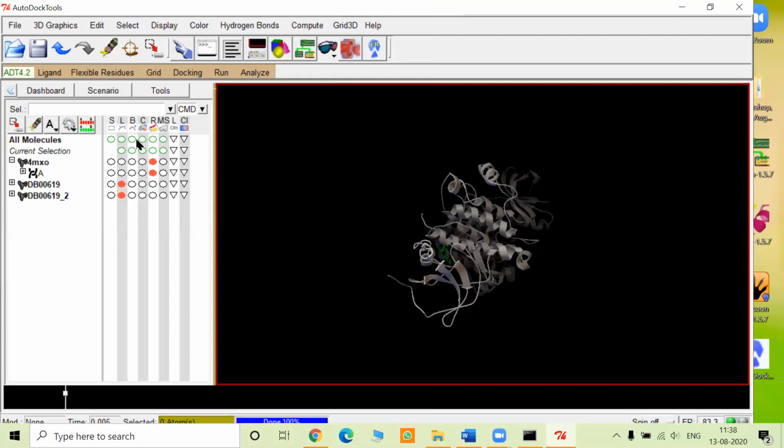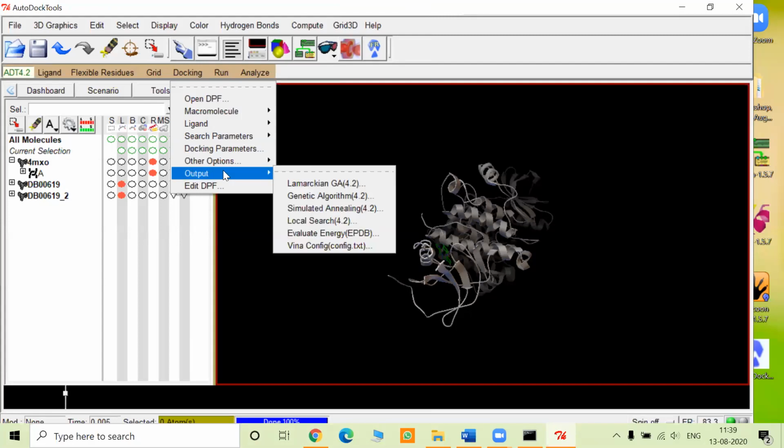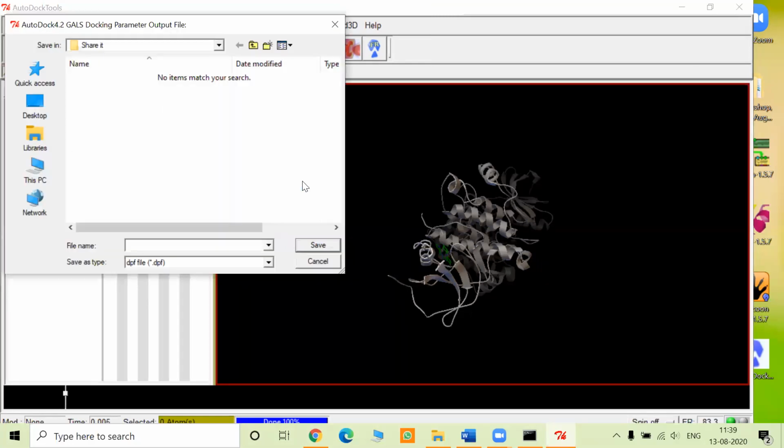Okay, so the next step is going to be the docking output. So go to docking, go to output. Again, a small window appears. Lamarckian GA stands for genetic algorithm 4.2. And now it asks, how do you want to save the information? Whatever file name I've given to you, you just say it as